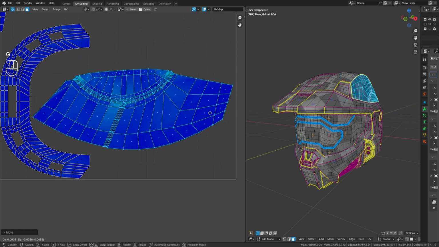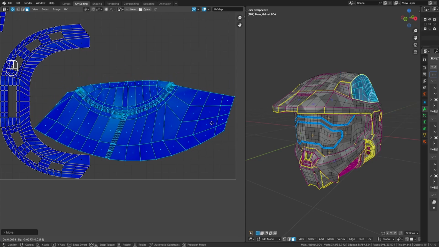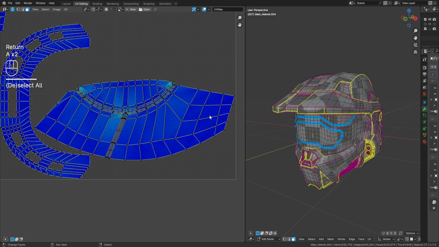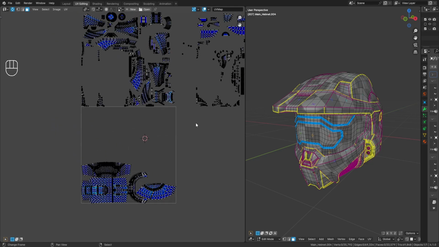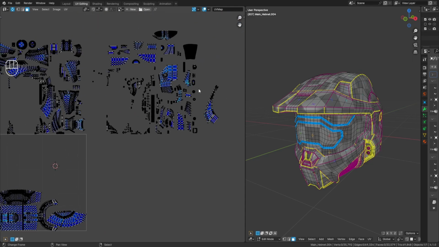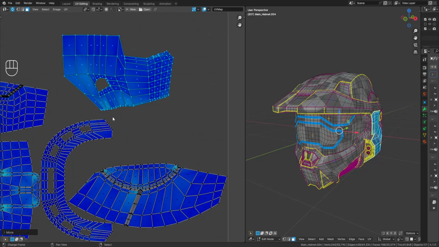It's between making UV layouts and texture baking. It is my least favorite part of asset creation. I do not enjoy it at all. So, but anyway,